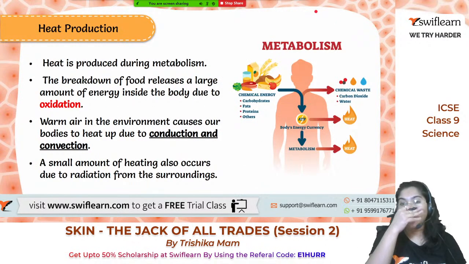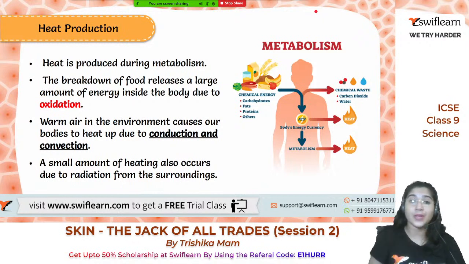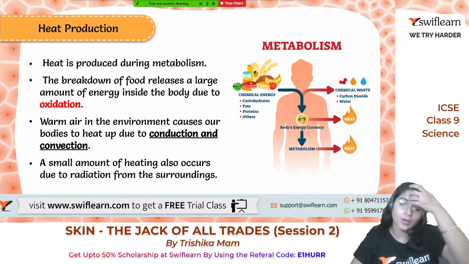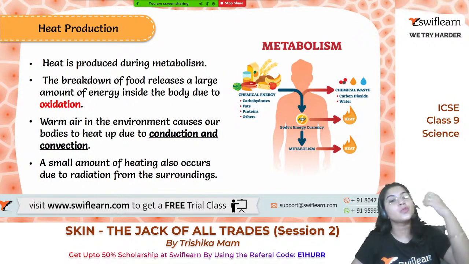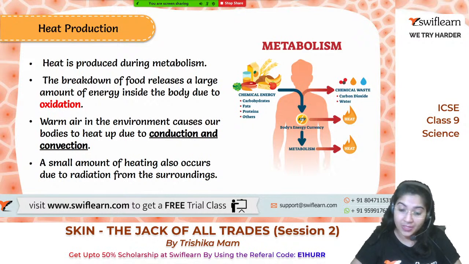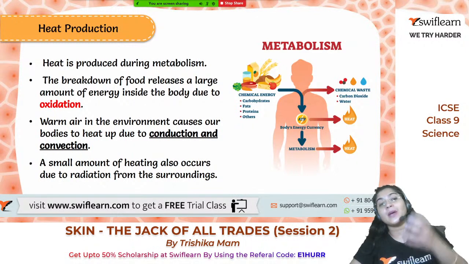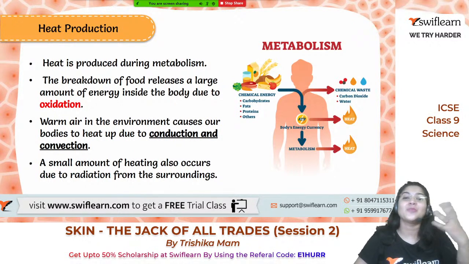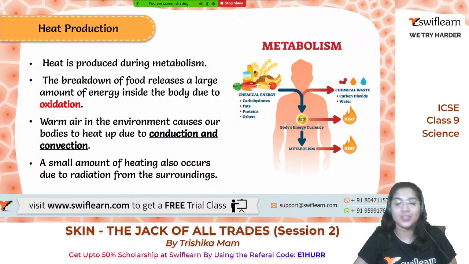Now, heat production कैसे होता है? It is produced by the metabolism. We already know, we eat the food, it goes to all the cells of our body, oxygen is also going to all the cells of our body. Now, oxidation of the food takes place within the cells. Oxidation होने के बाद क्या मिलते हैं हमें? Energy मिलते हैं. And this energy helps to maintain all the different functions of our body.